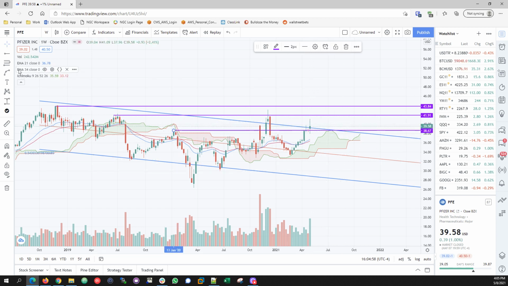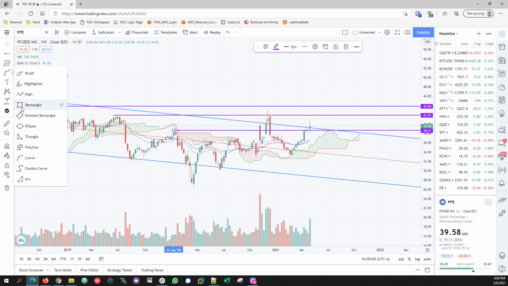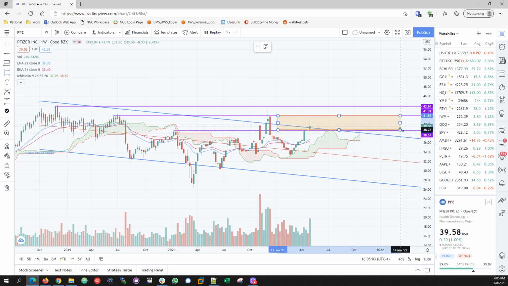So you would look at a trading range. Let's do the trading range in this zone, then you're fine. Anywhere from 41.85 to 38.78, that's fine. That would be bullish. That would be building a base for the next one. If you lose 38.67, then you're looking at a support in the 37 area, like high 36 or low 37s, which would be the area where you could average down or get in. But again, not much of a change. You're looking at more bullish scenarios.